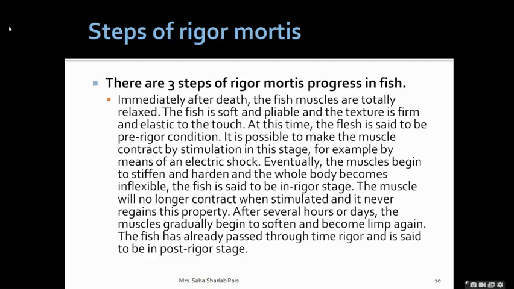Then thereafter, in the second step, the muscle will become very stiff and hard. The whole body will become inflexible. The fish will be in the rigor stage. See, pre-rigor stage, then rigor stage. Now the muscle will no longer contract even if you give an electric shock, and it will never regain its property. After several hours or days, the muscle gradually